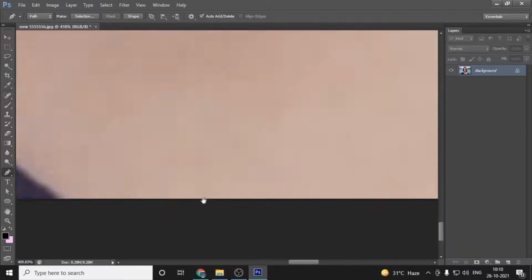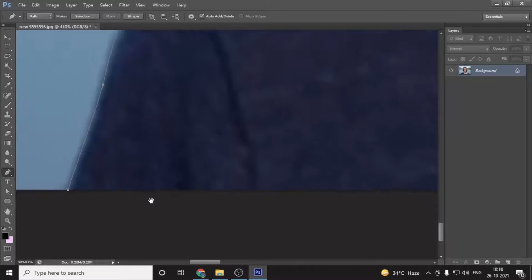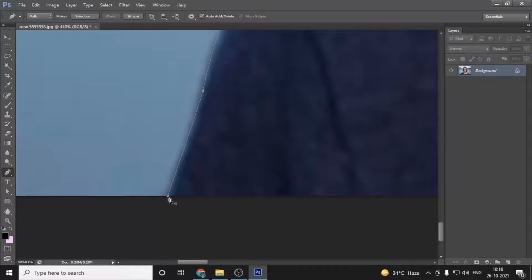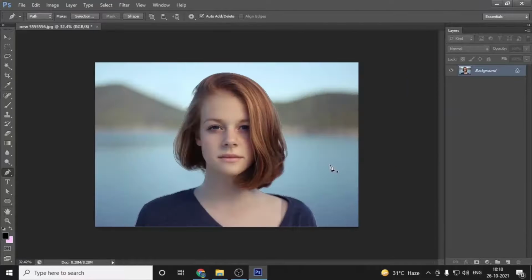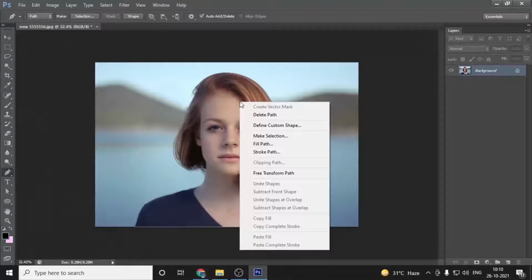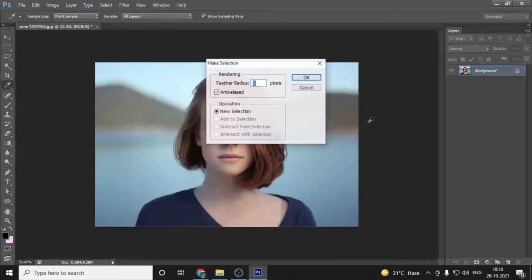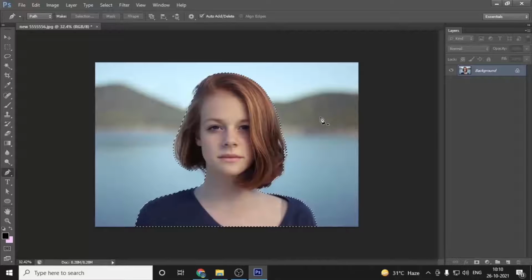And what I can do, I need to close this polygon. Now the polygon is closed totally and the image is traced. What you will do, just take the pen tool into that closed polygon, right click and do make selection. Okay, now it is selected.